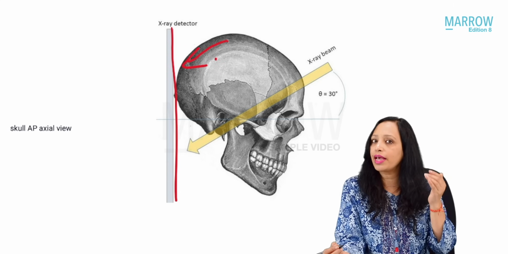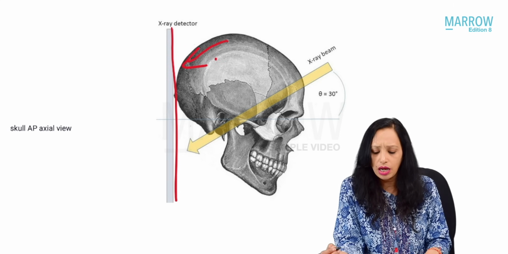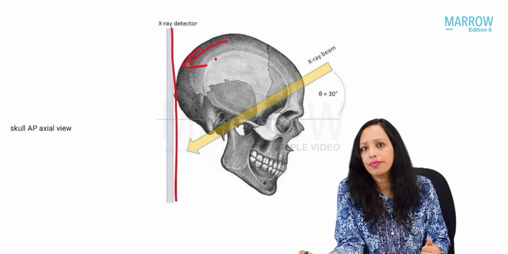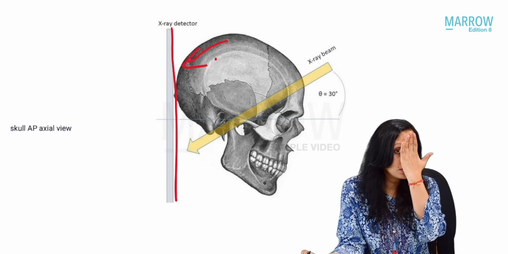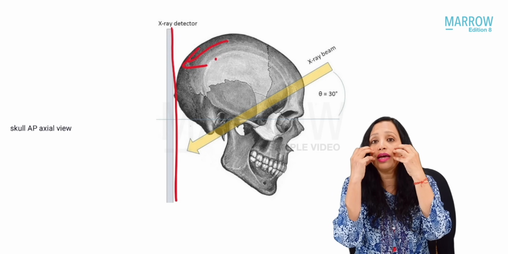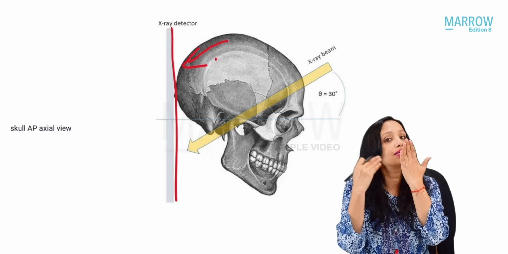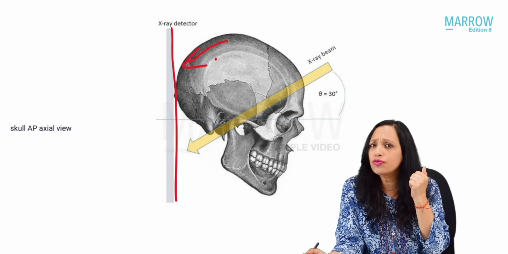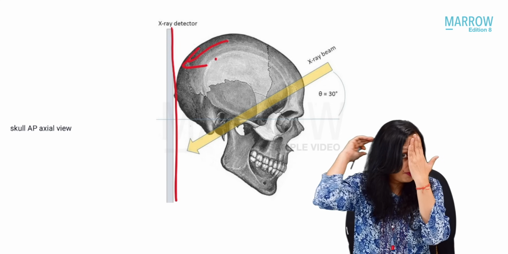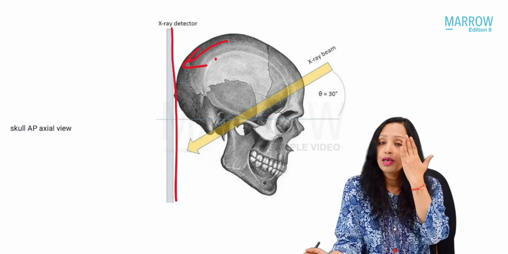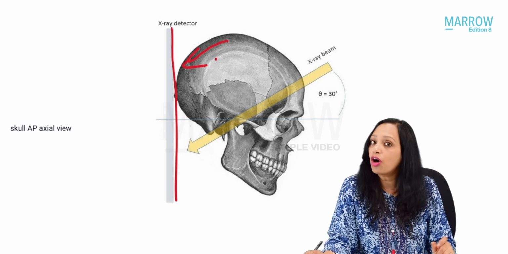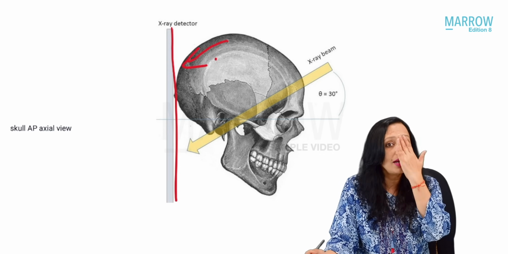the occiput is on the X-ray detector, right? Now you tell me that in Waters view, what was touching the X-ray detector? It is a nose and chin position. Yes. So whenever we want to see the anterior part of the face, that faces the X-ray detector. In Caldwell's view, what faces the X-ray detector? It is a nose forehead position. Yes, and the beam will come from behind. So here again, when we want to view the anterior part of the face, what part of the face faces the X-ray detector? The anterior part.